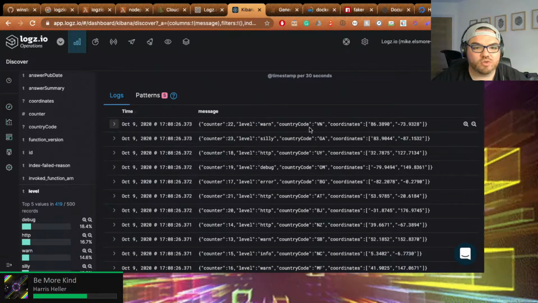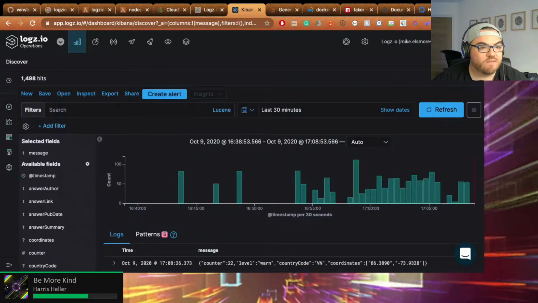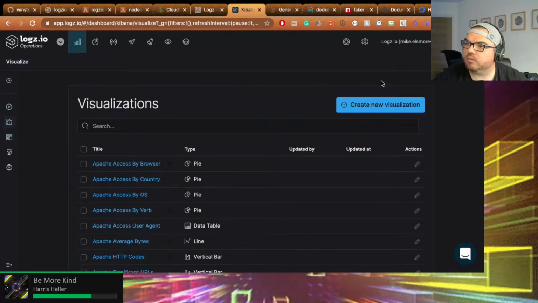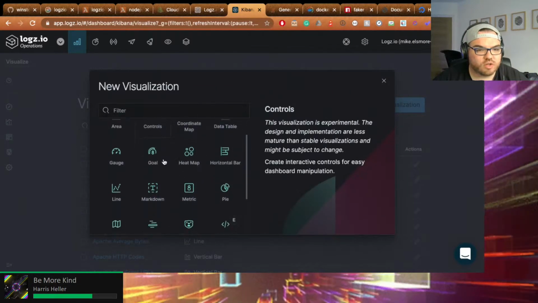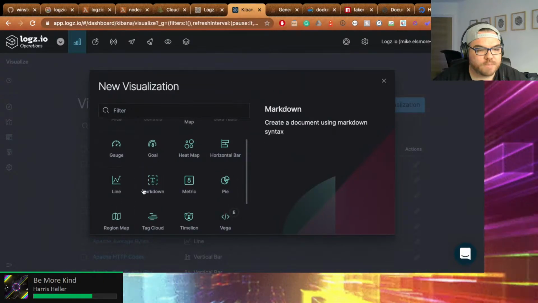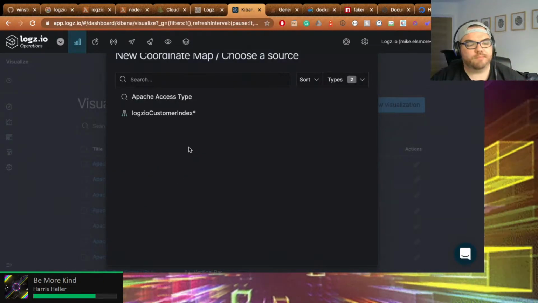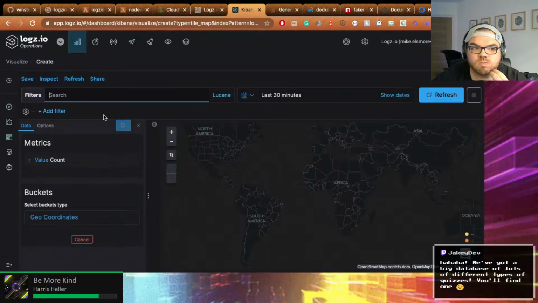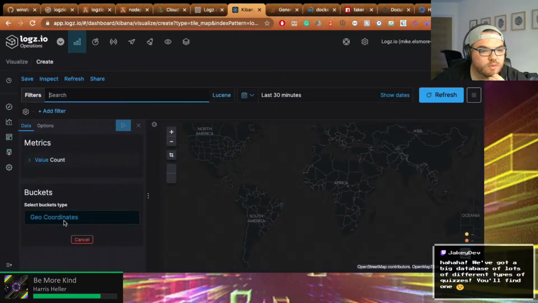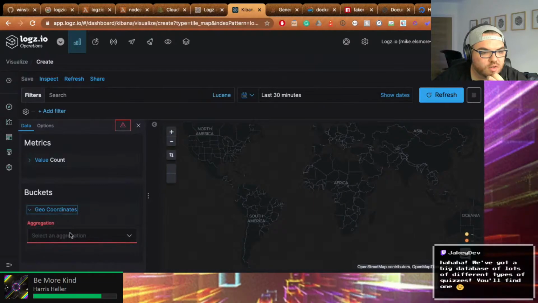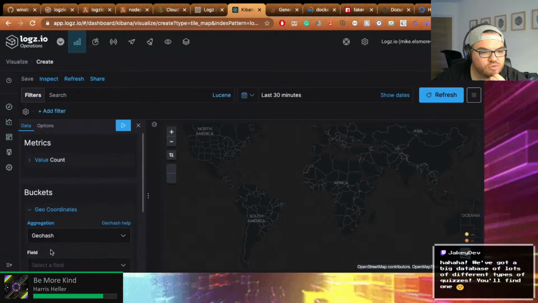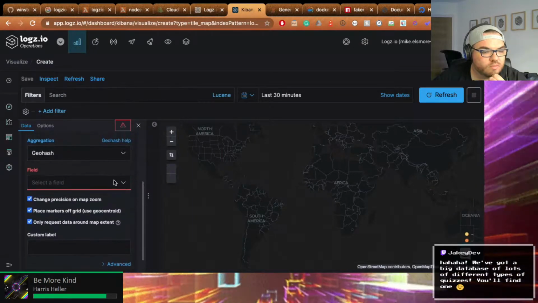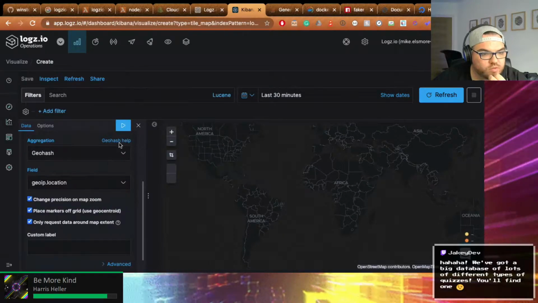Okay, cool. Country codes coming through, coordinates aren't coming through. Does that mean I can visualize this? Nope, dashboard's not visualized. Create a visualization. Let's go with coordinate map, because we have coordinates. And then we're going to go geo coordinates, aggregation, geo hash, geolocation.